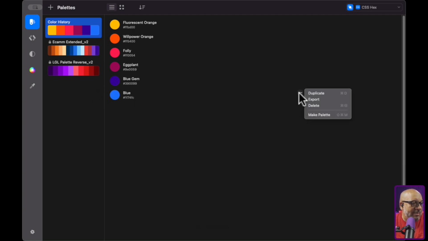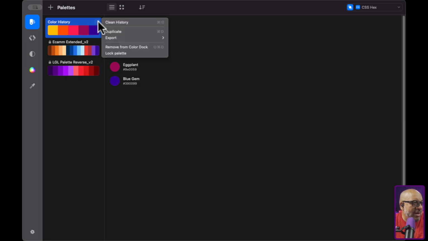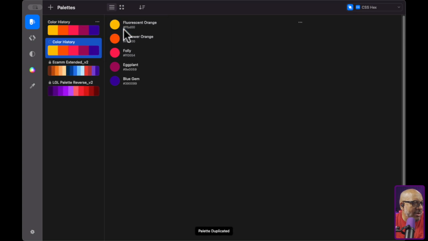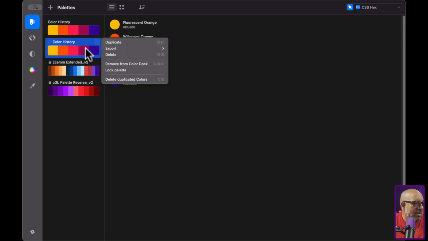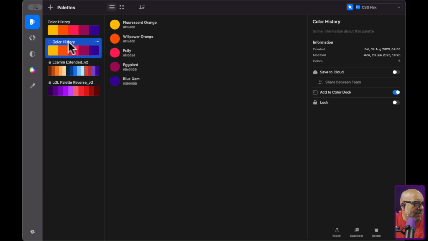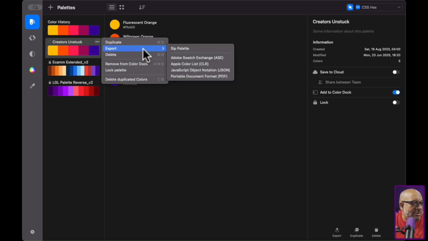So this blue does not belong, so now I can delete that. But I can take this palette, click on it, right, and duplicate this sucker. Bingo. And then now I'm going to rename this sucker. I think I could just type here and rename it. And I'll rename this to Creators Unstuck. Bam. So now there's my palette. It's all there. So whenever I'm ready to use this, I can send this off to Designer by exporting, and